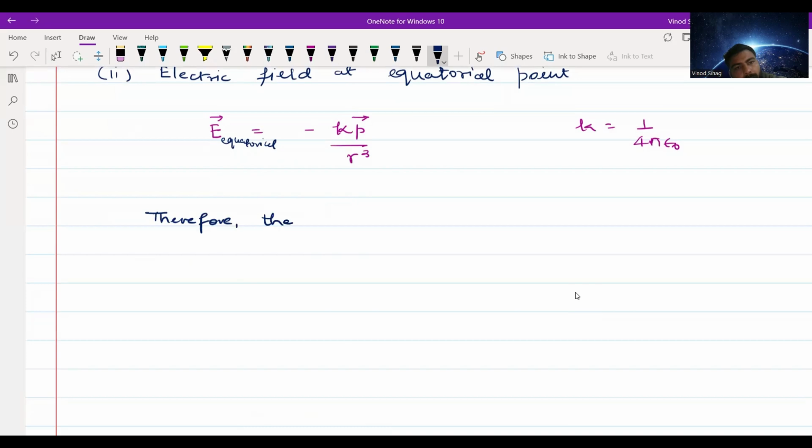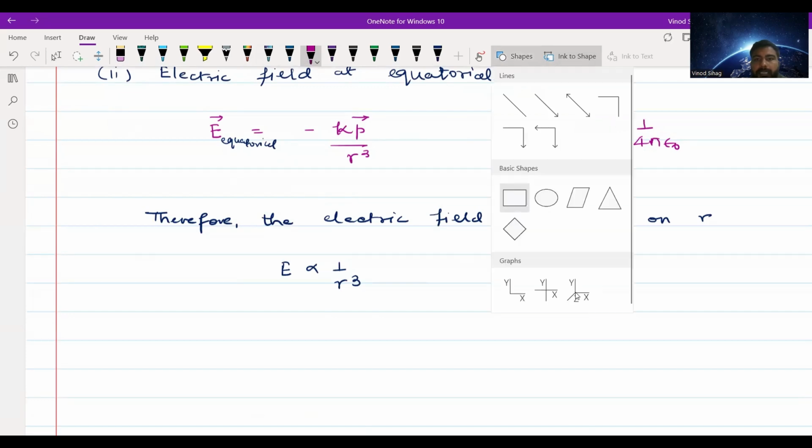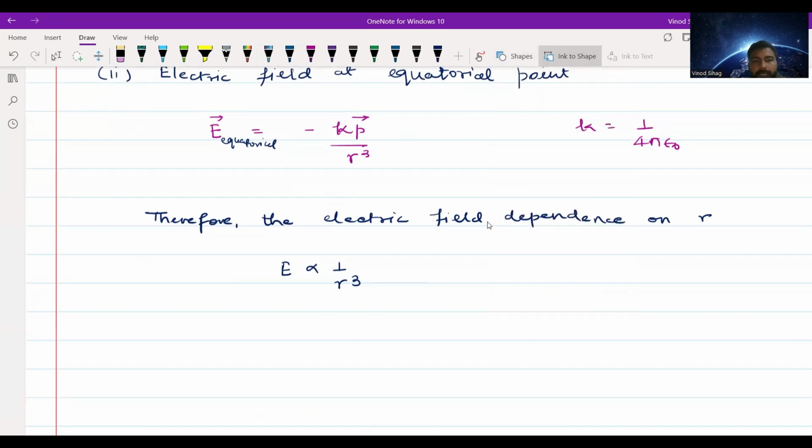और इसका जो डिपेंडेंस हुआ वो किस तरीके से हुआ, we can see that, therefore, the electric field dependence on R. R पे कैसे डिपेंड करता है ये? It is, मैग्नीट्यूड वाइज, proportional to R cube. It is proportional to R cube, and sometimes it is directly asked in the exams also कि डायपोल की वजह से जो इलेक्ट्रिक फील्ड आता है